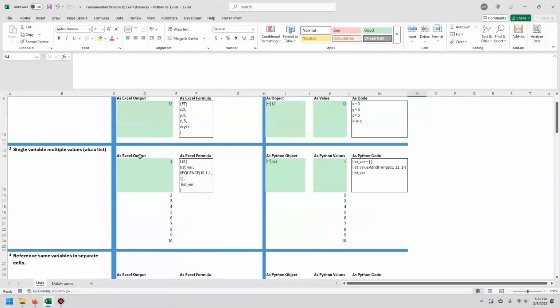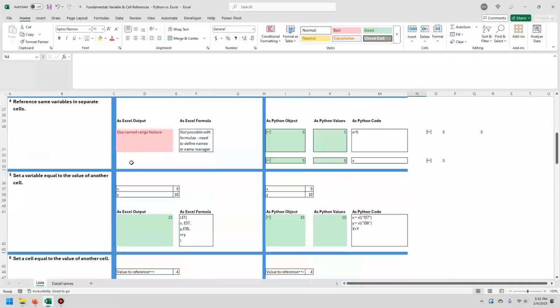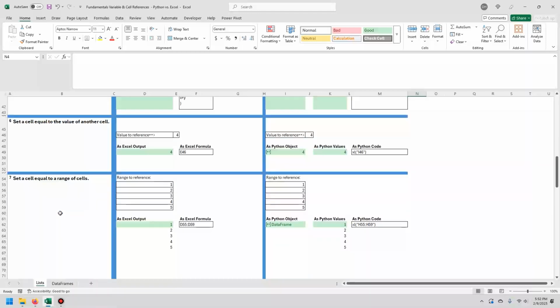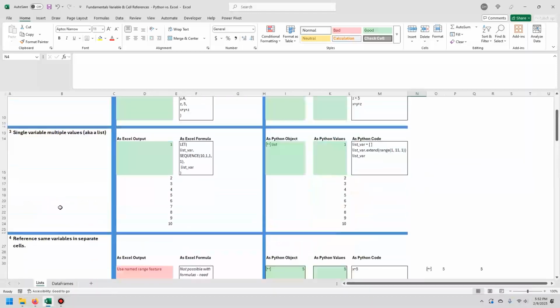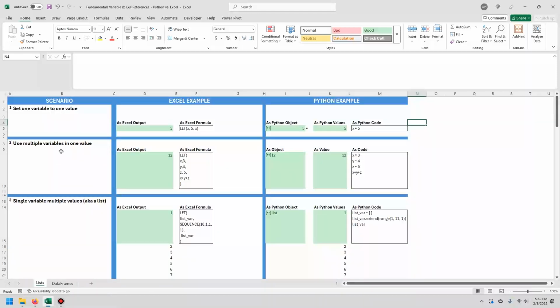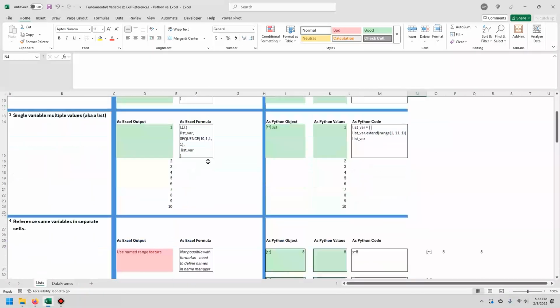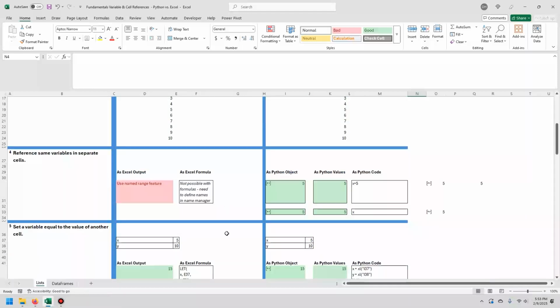So this sheet goes over some of the fundamental variable definition and cell reference scenarios that you would run into. A lot of these are pretty self-explanatory, so I'll just let you parse through those. But one thing I did want to go over